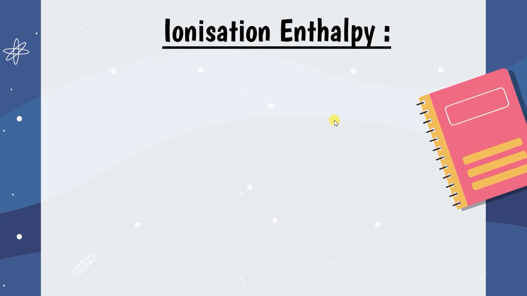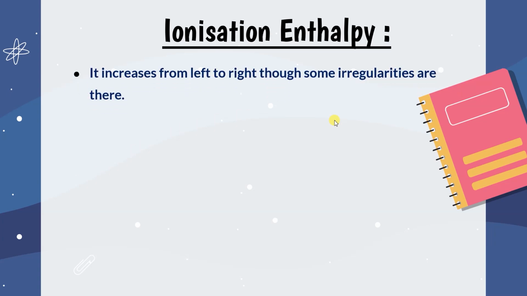Now the next concept, which is again going to be an important part, ionization enthalpy. In general, we know that if atomic radii decrease, then the removal of electrons will be very difficult, isn't it? So the same concept we will apply over here, but in transition elements, the ionization enthalpy cannot be described properly according to any proper trend. It is completely experimental. So it will not be asked to you where it decreases and where it increases. It won't be asked in your paper. Don't worry about that. This is completely experimental.